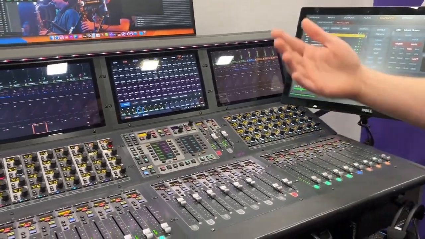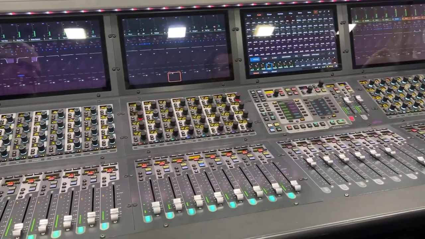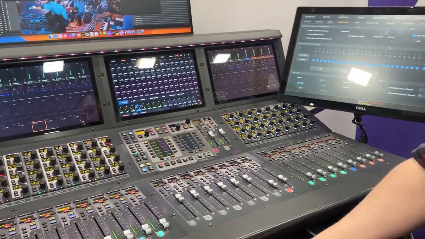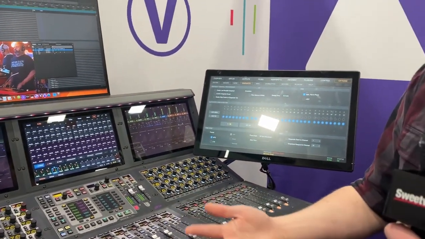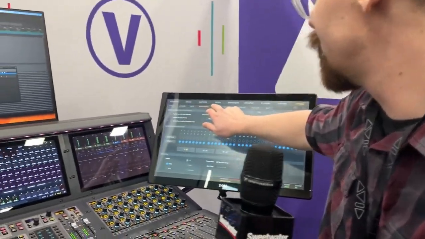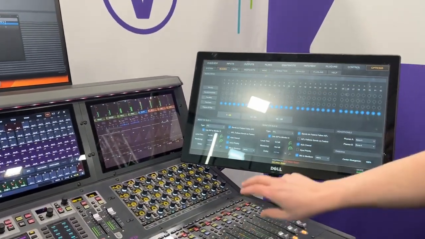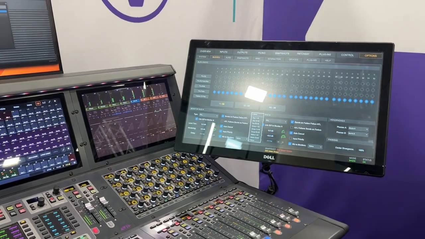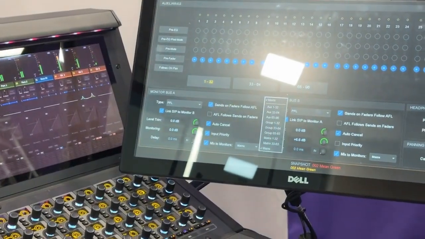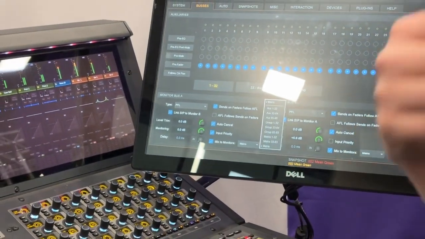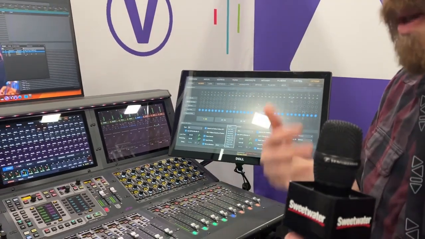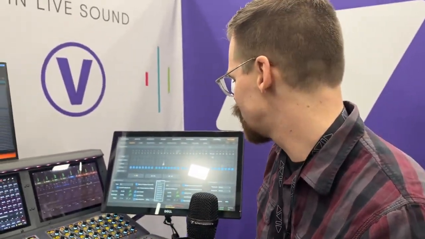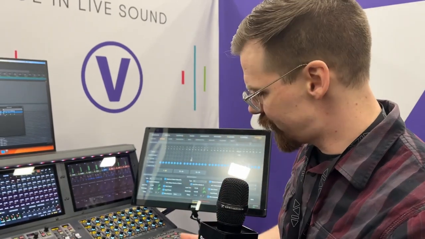Other big things is we've added, for our dedicated monitor A and monitor B bus, you can now set any output to be a dedicated output for your mix to monitors for those relative buses. We can simply select any mix that we want to be that default output. So you're always one press away from a solo clear to be back to that very important mix, especially in a monitor engineer aspect. We've also